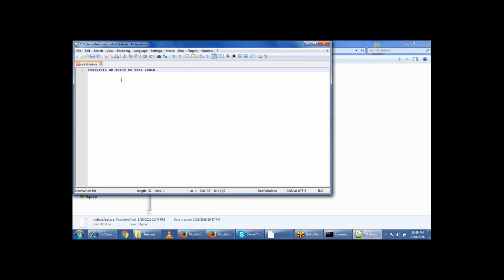The next immediate keyword should be Scenario. After that you give a description of the scenario, like login. Now you can write your steps after the Scenario keyword, like Given application launch,